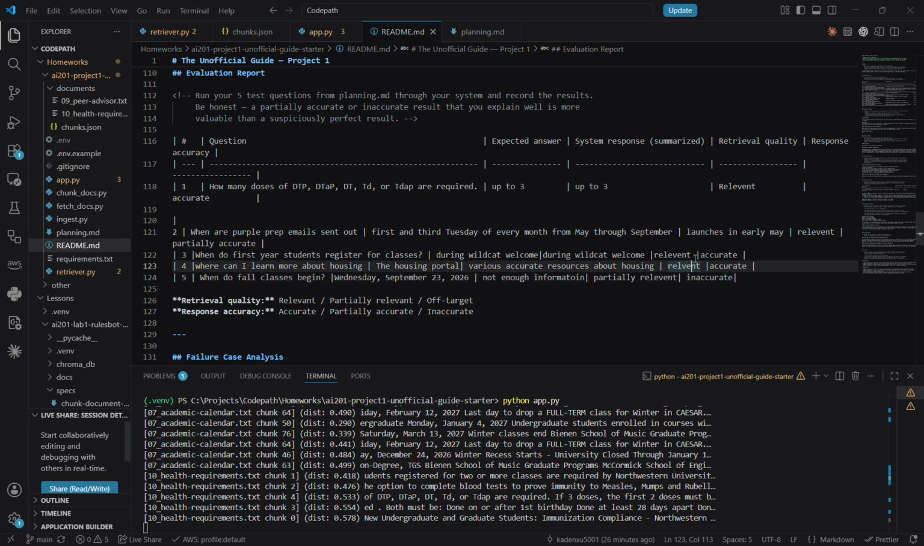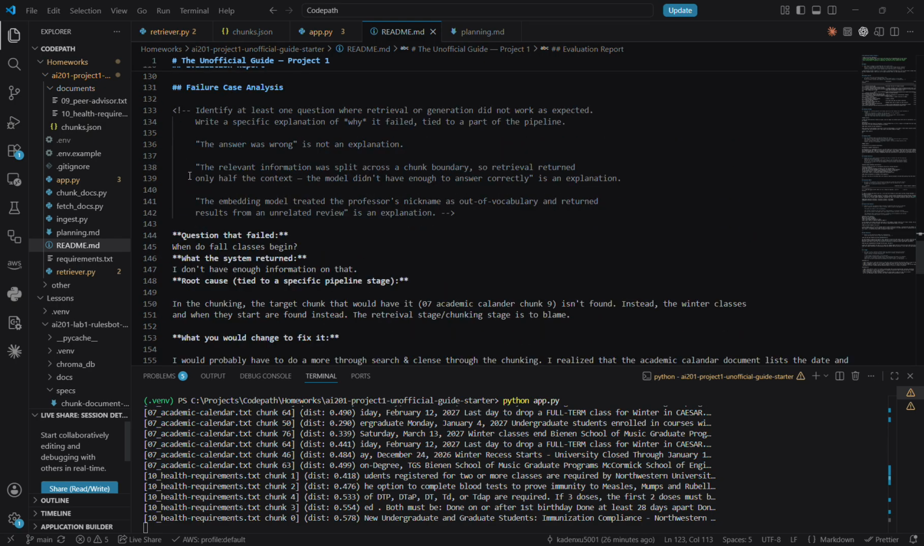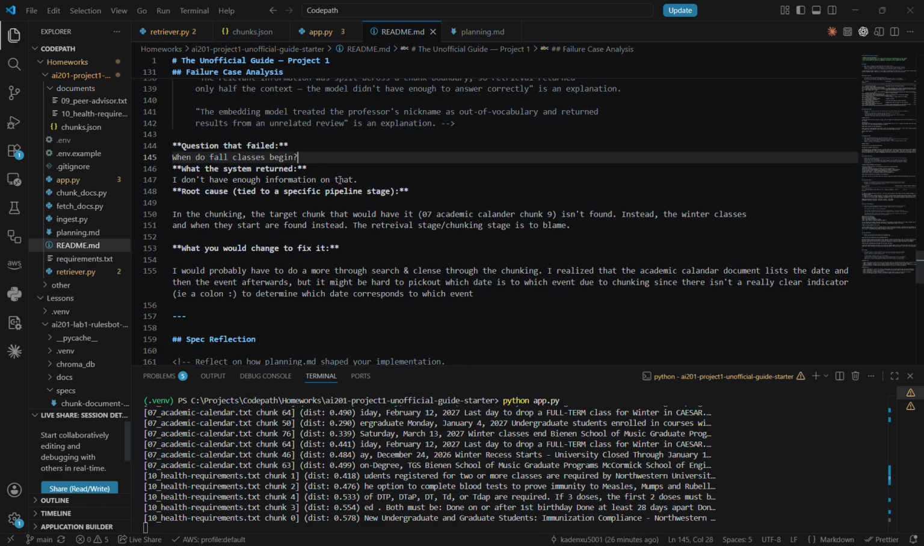Here are a couple of evaluations, and their responses over here, and their quality. Here's one of the failed cases: when do fall classes begin? It should have that. In fact, it's in a chunk, but I think the main issue is that in our academic calendar, it has a date and it has the thing after it. But if you're chunking off every 400 characters instead of at the start of every sentence,